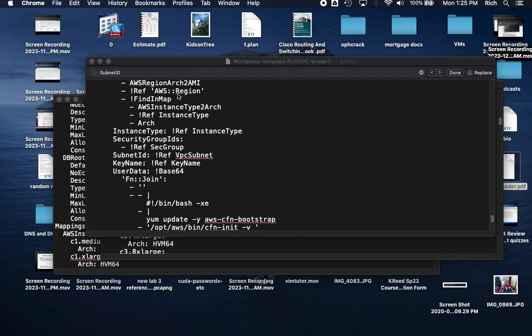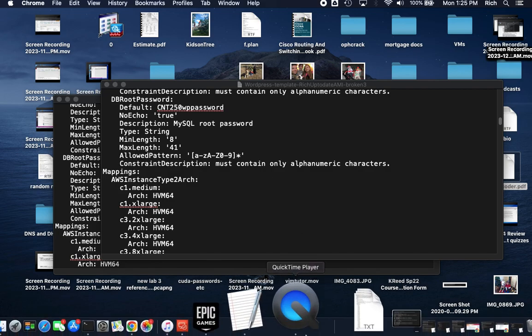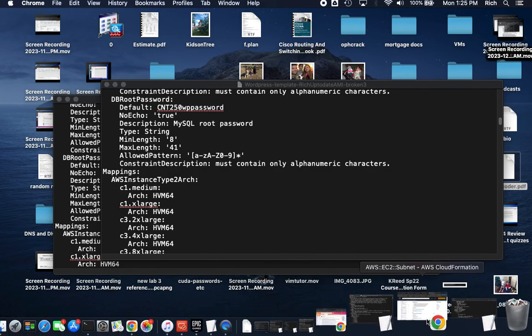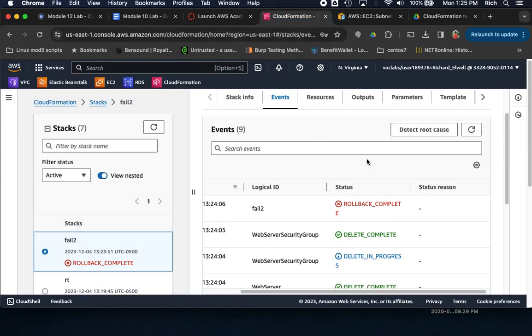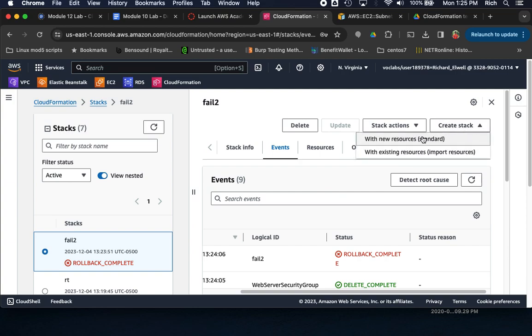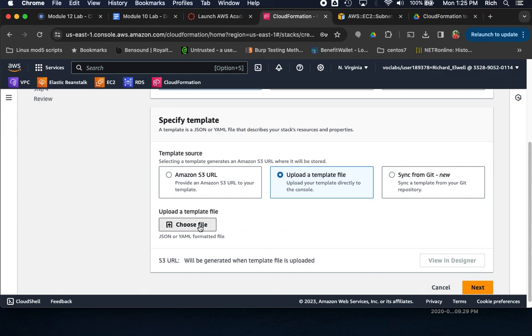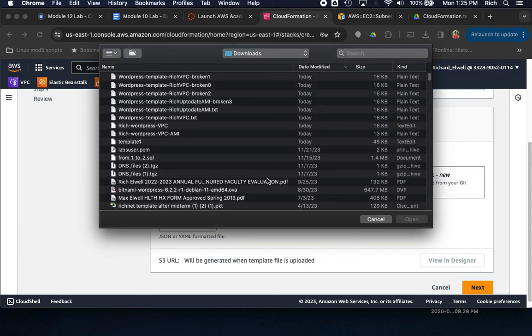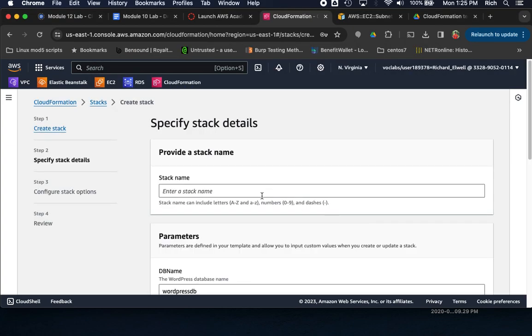Another way it can fail is you have the proper syntax and you have valid properties, but the thing you're trying to do isn't legal, in quotes, meaning you're trying to do something that's not valid. AWS will not let you do that. I accidentally did this earlier when I was testing too. So let's go ahead and show you what that looks like. It lets you go through